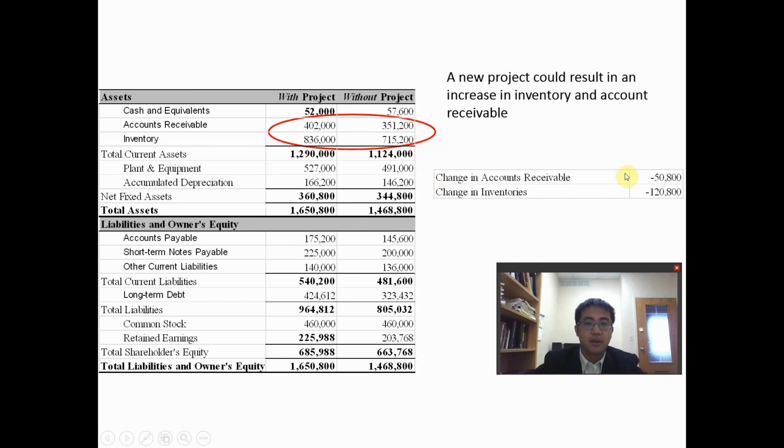And when assets increase, the cash flow effect is going to be negative. You spend cash for those expanded inventory and accumulated account receivables. And also when your account payable increases, that helps you save cash. And we have been through this